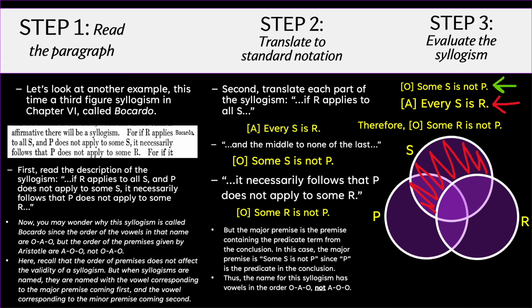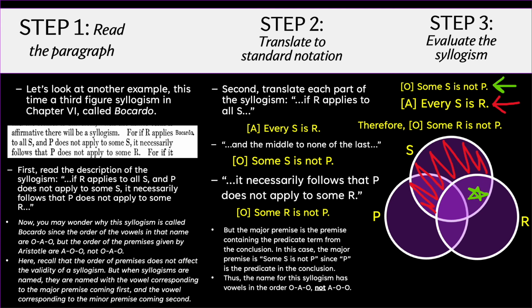Next, I want to illustrate my major proposition, our major premise, which is some S is not P. So since this is a particular proposition, I'm going to illustrate it again with a star and not by scratching something out. So I'm going to put a star in a spot that will illustrate that some S, that is at least one S, is not P. There's at least one thing in the S circle that's outside of the P circle.